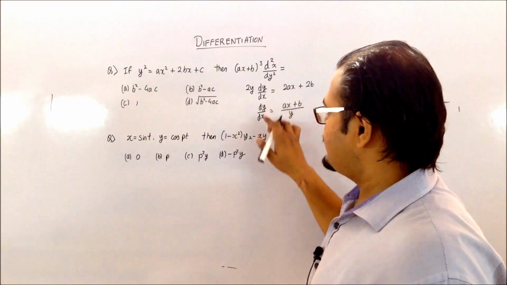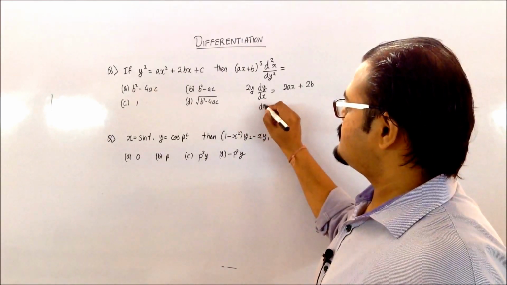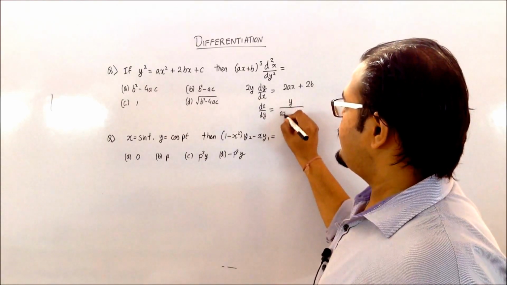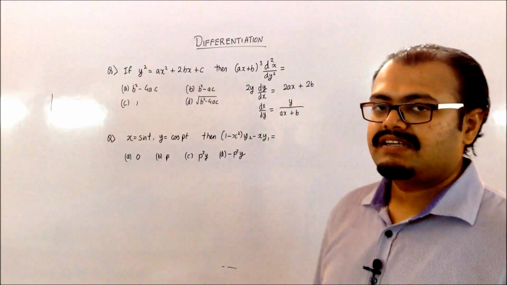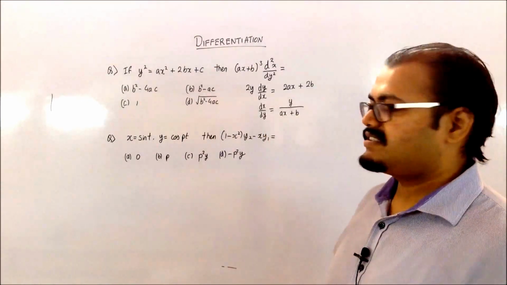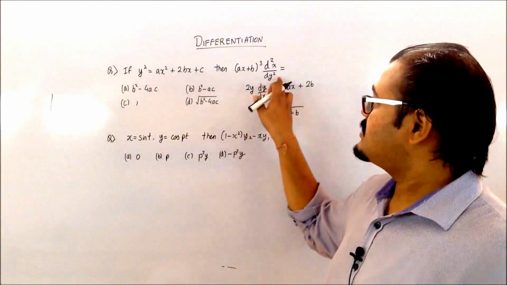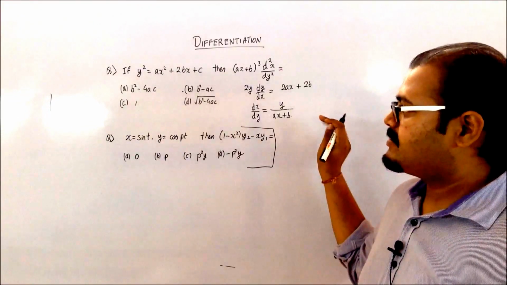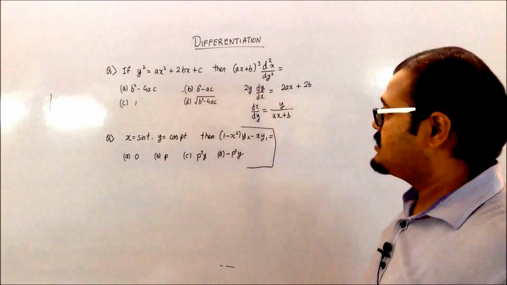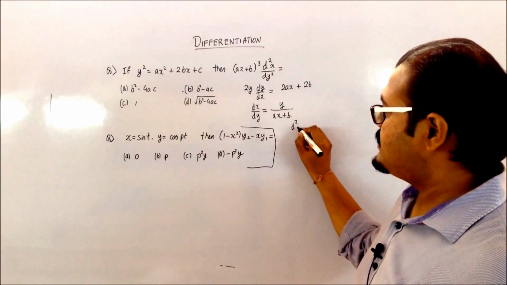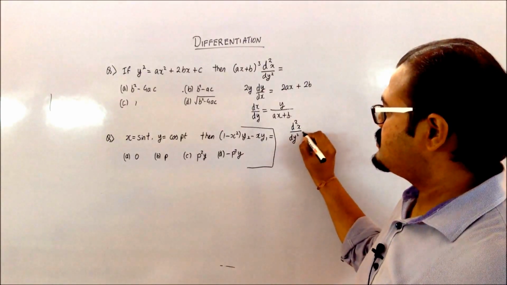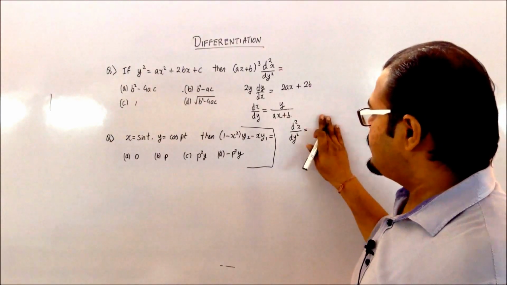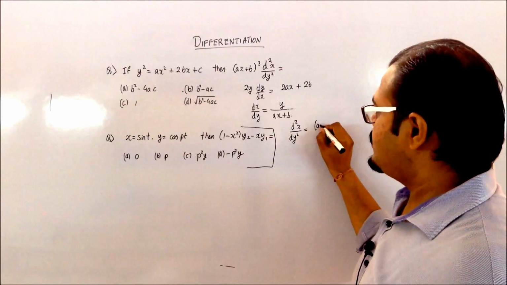So basically your dx by dy will be y upon ax plus b. So now if you take derivative of this with respect to y, because you require this particular term, we have got what is my dx by dy. Now taking double derivative with respect to y, I will get d square x by dy square, which will be equal to, this will be derivative of y, which is 1 into ax plus b,